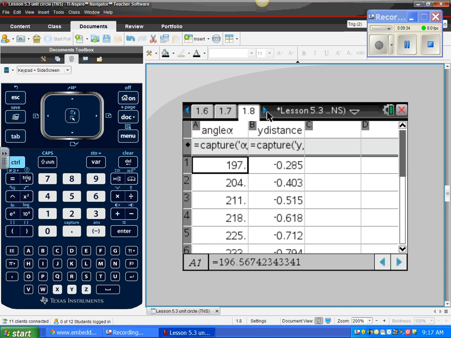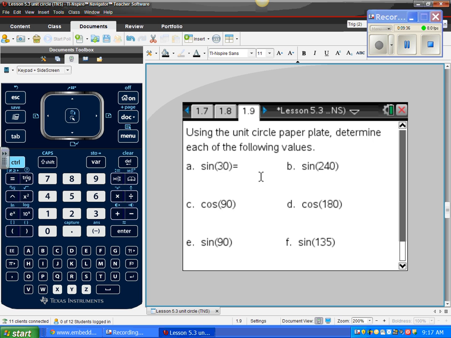Okay. So you have your paper plates out? You should. Say yes. Yes, okay. So I want you to take your paper plates, and we should be able to very quickly determine the values for all of these. Now, we should be able to do that because you wrote down points at every single angle rotation, correct? Okay. Cosine is what coordinate? X. Sine is